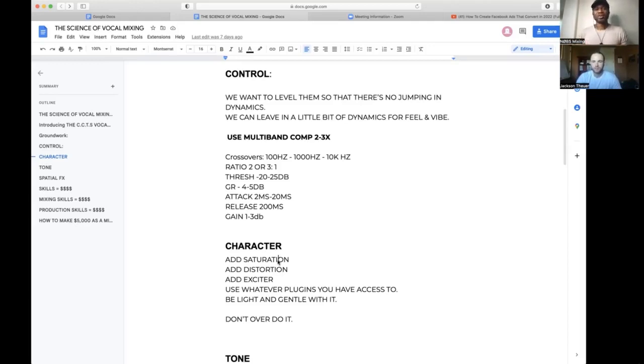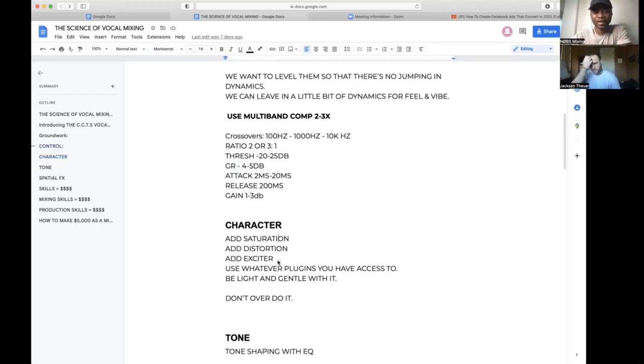So even though my mic is probably $300, $400, $500, or $1,000, and when I mix for artists, they might be recording their vocals on a $100 mic, I have to figure out how I can still get that same character in the box. So that's why I created the character section. What I'm doing here, I'm adding saturation, distortion, exciter, and I'm using those to change the harmonic distortion and the timbres of the vocal to give me the character that I want.